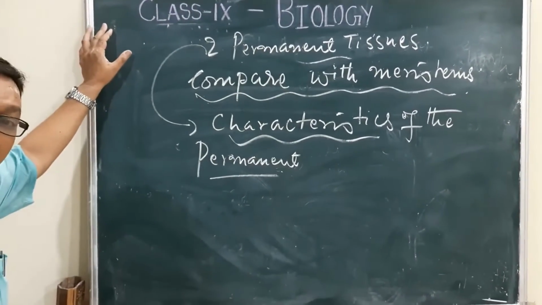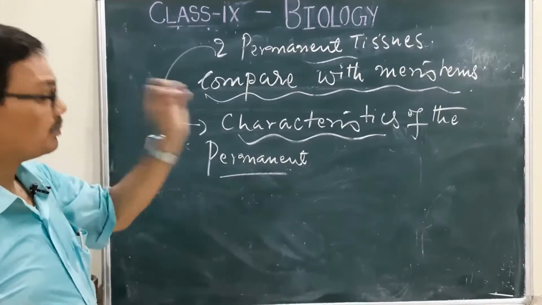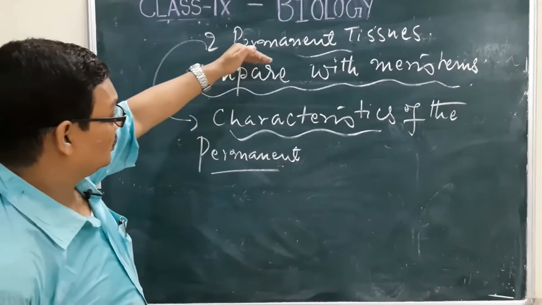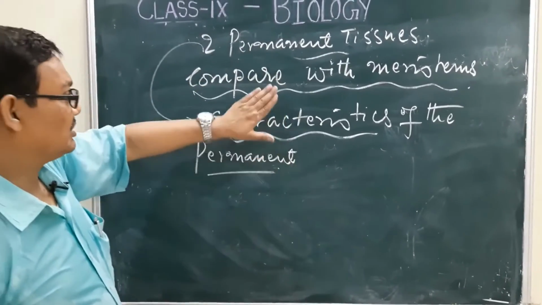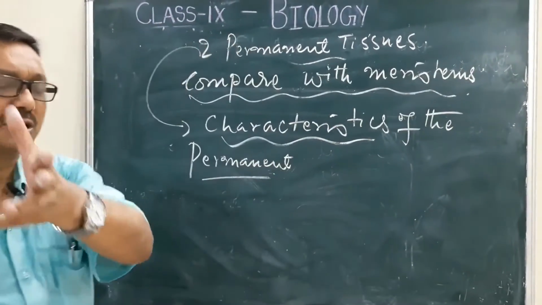How will you compare? If in your memory you have the points related to the characteristic features or the structure of the meristem, then